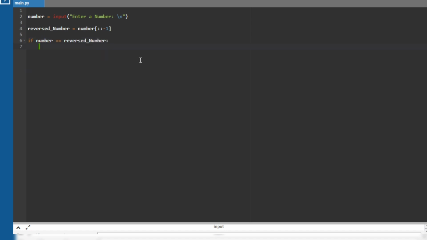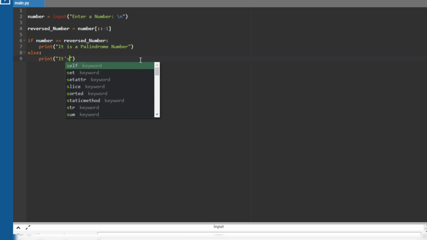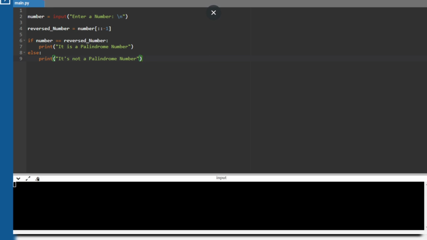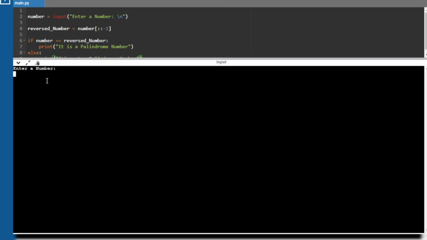After that, we'll compare the reversed number with the original input number. If they're equal, that means it's a palindrome. Finally, we'll run it and check whether a number is a palindrome or not. And voila! In just a few lines of code, we can determine whether a number is a palindrome or not